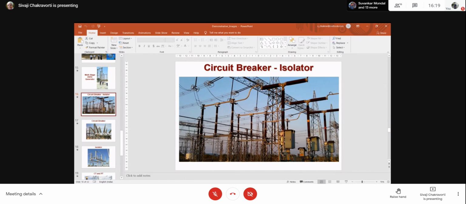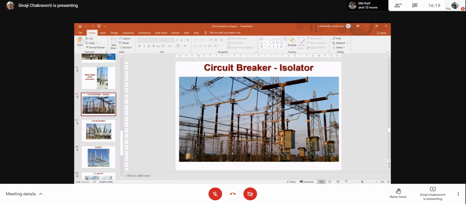So what do I have to do? I have to open this isolator. Now if I open this isolator, then the transmission line is connected to the left side of the isolator, but not to the right side. Now this circuit breaker, I can do the operation or maintenance on. So circuit breakers always have isolators on both sides, left side and right side, because on both sides there could be